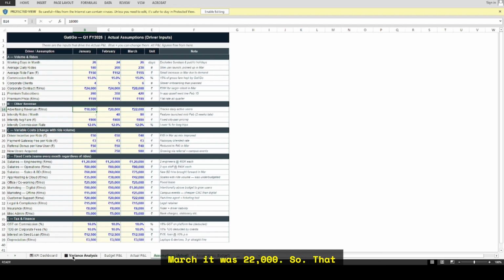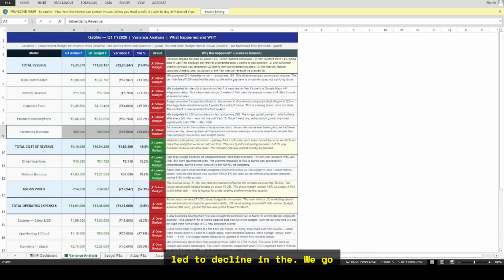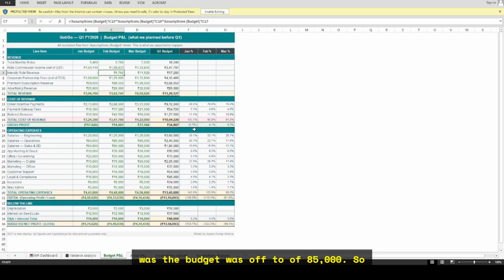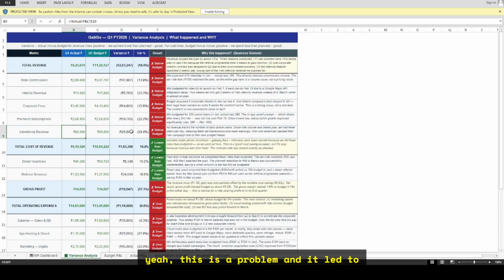So that led to a decline. If we go to the quarter actual statement, and we go to the advertising revenue, it was only 60,000, whereas the budget was 85,000. So yeah, this is a problem, and it led to 25,000 of variance, which is 29.4%, and it's also an unfavorable variance here.